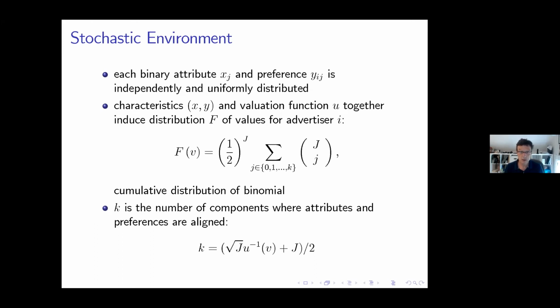Just to give a full description, I anticipated this already. We're going to think about this as independent and uniformly distributed. Together, they basically induce, just as I mentioned before, through the value function, a true underlying distribution of values. And that's the distribution that we will work with in the first part of the talk, and then we will return back to the underlying model, the generating model, as you wish, about attributes and characteristics.